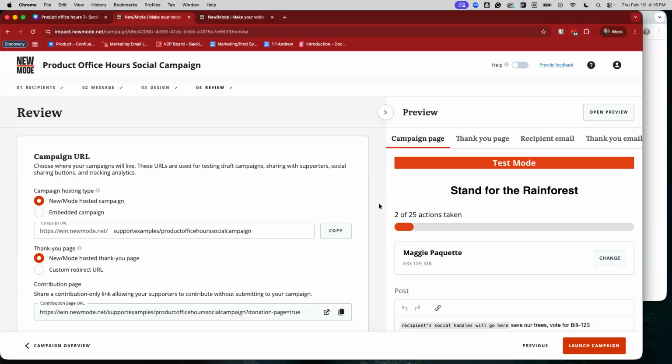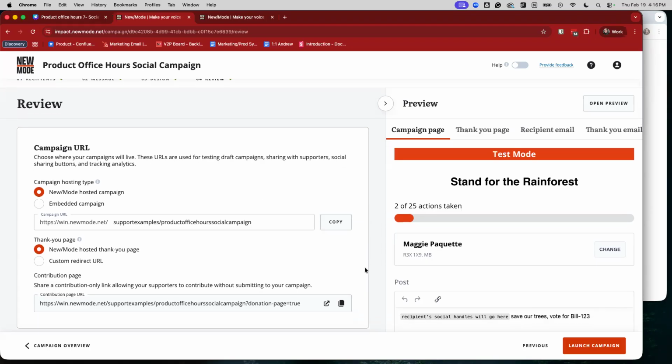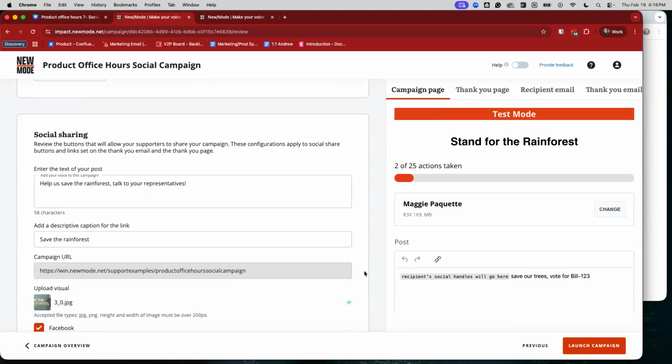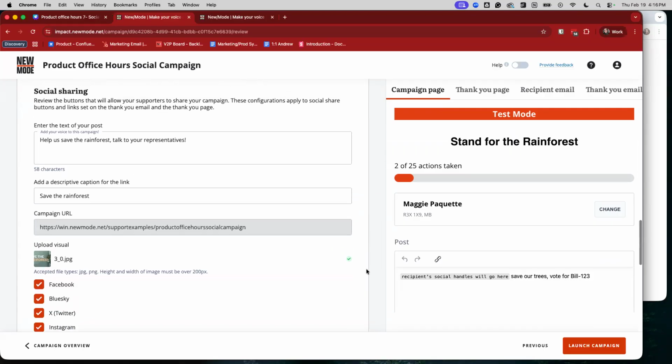So we've gone in, we've selected our recipients, we've created our post text, we've created our form, and then this review page is also the same as all other campaigns. Though I do want to quickly shout out that with the work that we have done to create and add social media advocacy as a campaign tactic type in our platform, we've also changed the way our social sharing works as well. And you can see that change reflected on the review step. I just want to make a note that